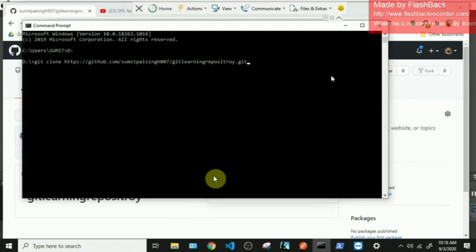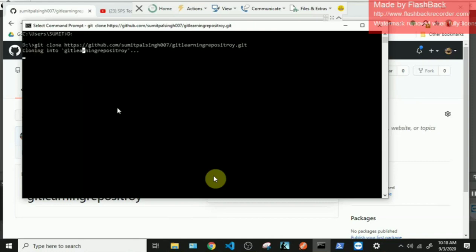So you can see it has started to clone from the server onto my local machine. It will take a couple of minutes maybe. Basically it is an empty repository, not many files except the readme and git ignore, so it should be pretty quick, depending on the internet speed, but let's see.